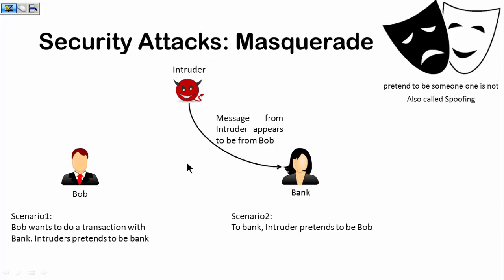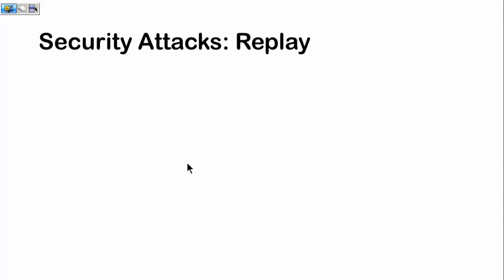The intruder can even act as a bank. It can sometimes act as the customer of the bank, right? And both ways, it is doing some modification. It is replaying the message, the information that he has got from Bob. Therefore, it is an active attack, and it is a threat to integrity, because integrity says that you cannot modify or replay the messages, right? The fourth kind of attack is the replay attack.